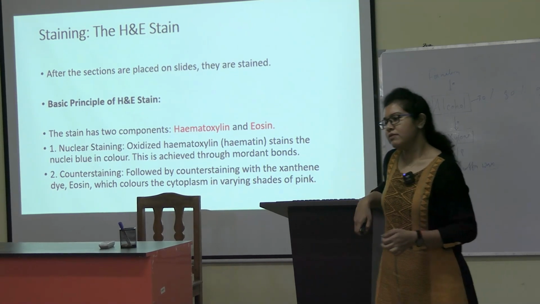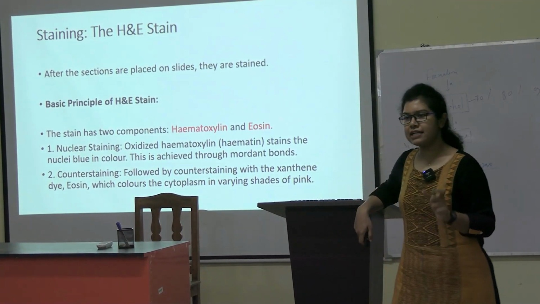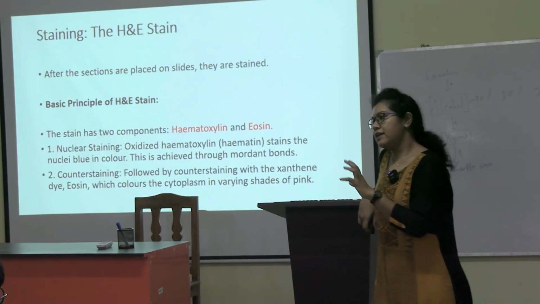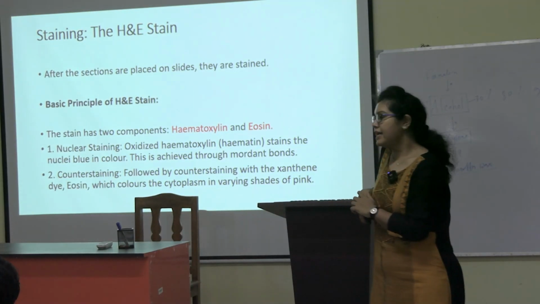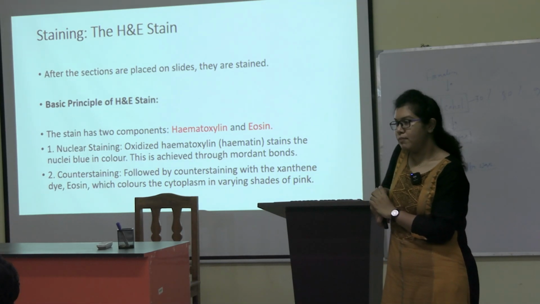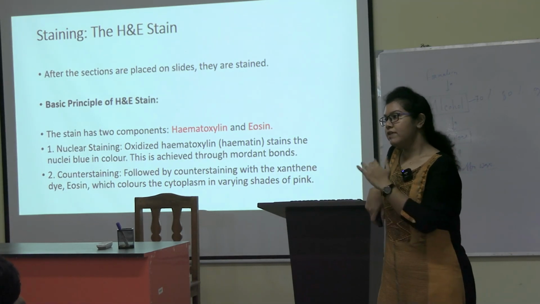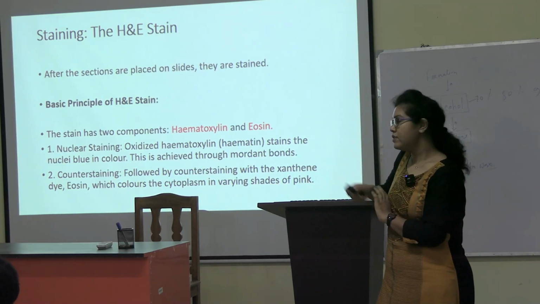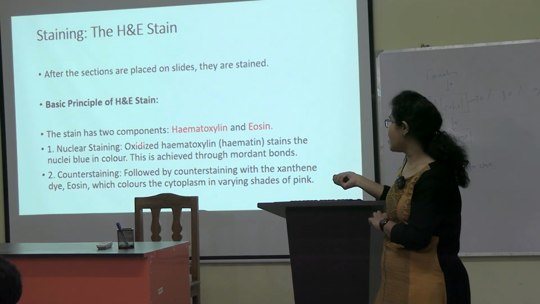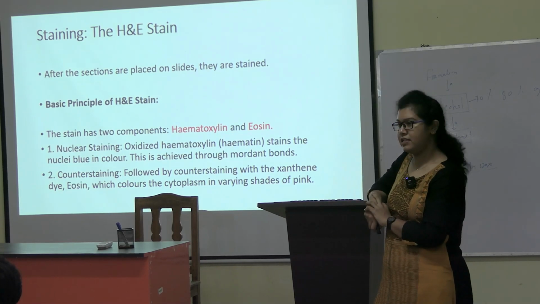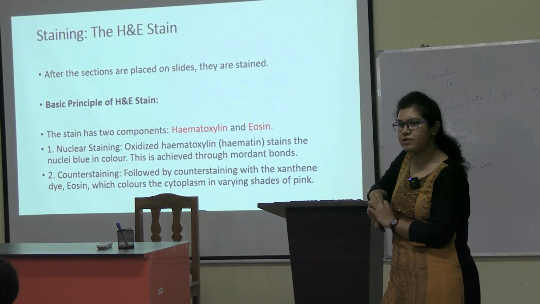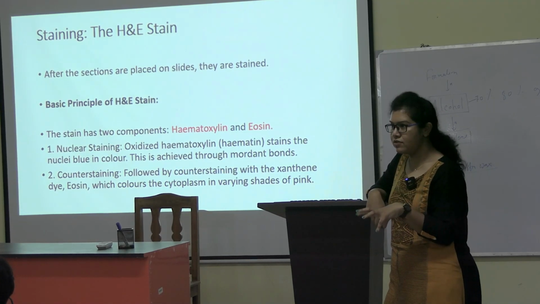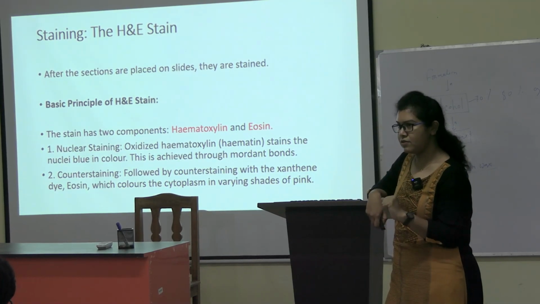Okay. So this hematoxylin itself is a colorless compound. Okay. So basically as Rajat already told, it will stain the nucleus blue. But if it is colorless, how will it stain the nucleus blue? We don't know. So what is happening? We have to see, I have already mentioned here, this is oxidized hematoxylin. Okay. So what do you mean by oxidized hematoxylin? So some oxygen is going inside the hematoxylin. That's why I wrote oxidized hematoxylin.